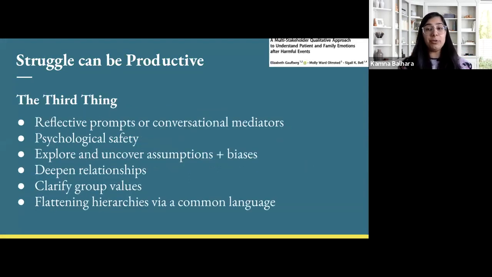Another really valuable tool in creating productive conversations is the concept of the third thing. So this is really a fascinating idea. It's essentially, you think about like a work of art or an image or an essay or a film. And this kind of object or image serves as a reflective trigger or conversational mediator that generates a safe space for sharing perspectives. So in research on this concept amongst medical trainees and professionals, educators describe how directly confronting deep